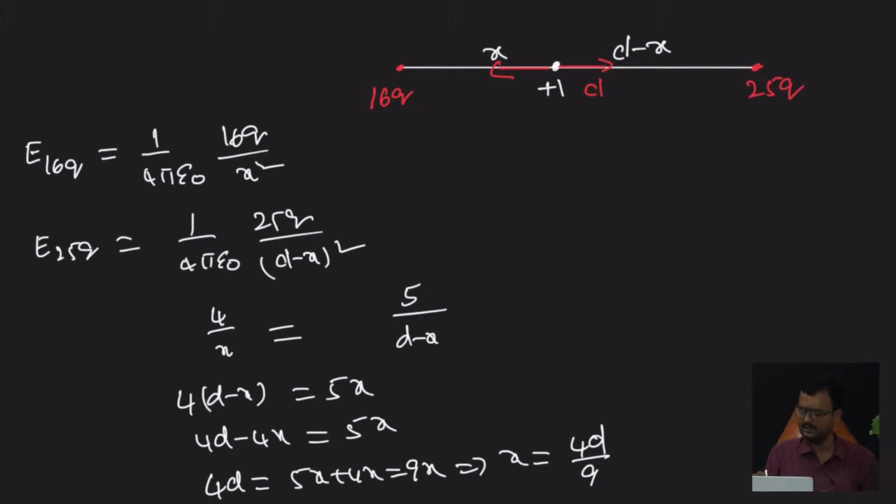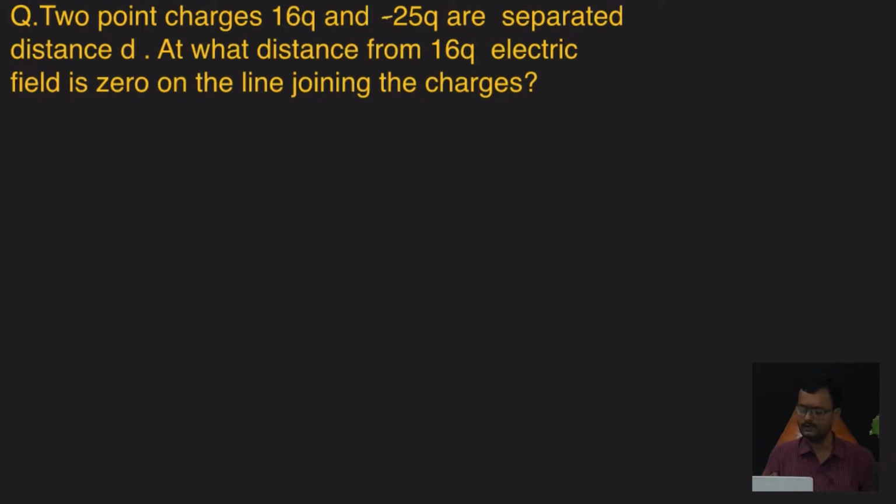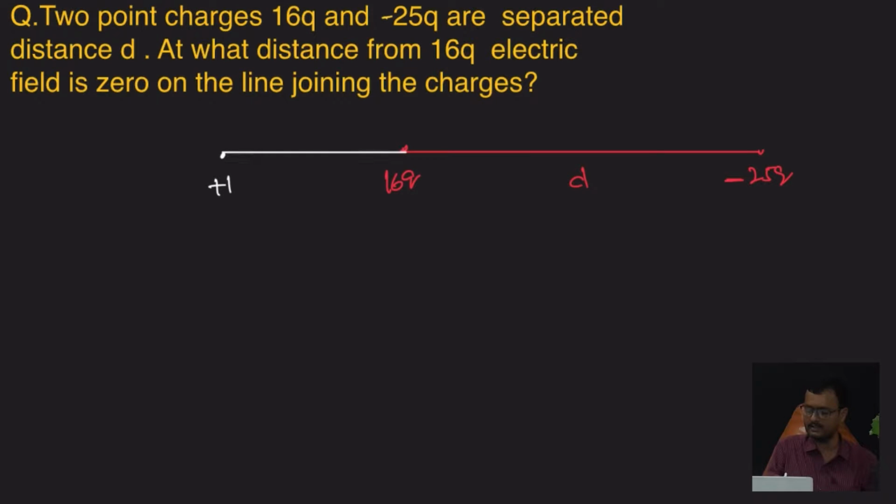So at a distance of 4d by 9 from 16q, the electric field intensity is 0. Now the problem: instead of 25q there is minus 25q. So what do we get as the answer? 16q and minus 25q are separated by a distance d. Now the unit positive charge should be placed outside, not between 16q and minus 25q, at a distance x from